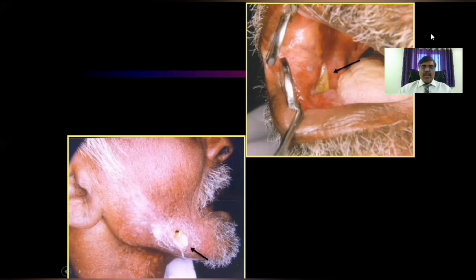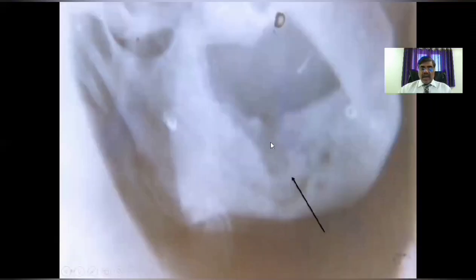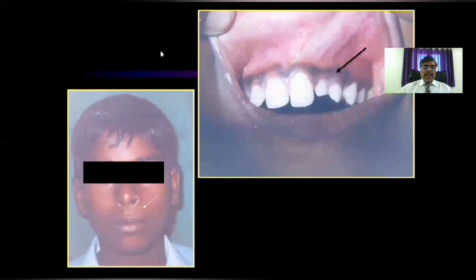Here you can see this sequestrum. You can see the dead bone exposed at the site of extraction, and this is the extraoral sinus discharging the necrosed bone. And how does the radiograph look? The radiograph looks like a mixed radio-opaque and radiolucent lesion, called a heterogeneous bone lesion. The radiographic appearance is called a moth-eaten appearance. So inflammatory lesions like osteomyelitis will have a heterogeneous radiographic appearance.